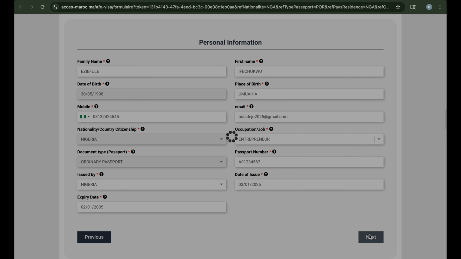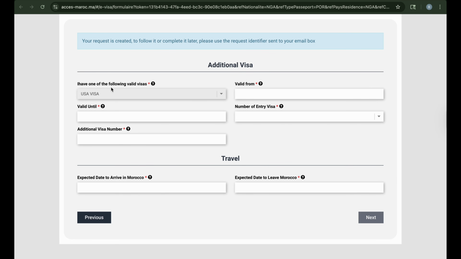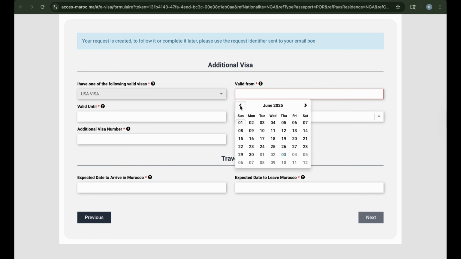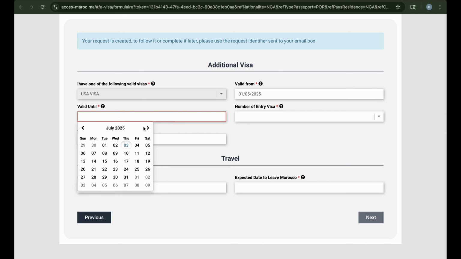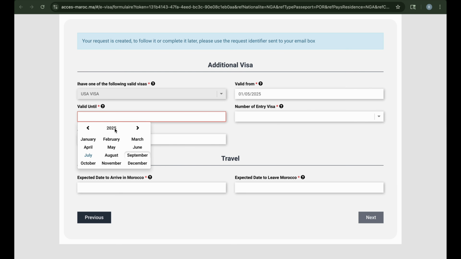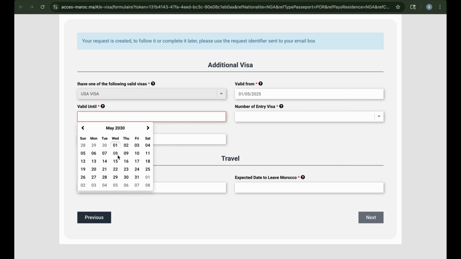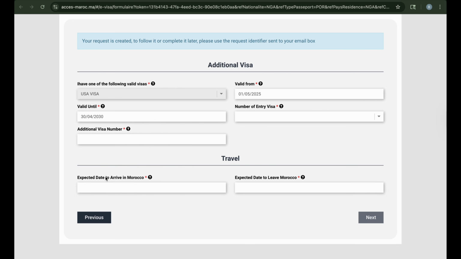So next, I have one of the following visas valid from. So you select the date your visa is valid from. In my case, let's choose May, up until... US visas are usually valid for 5 years. So let's say maybe you have up to 2030, May 2030, or rather that will be April. So yeah, the visa number